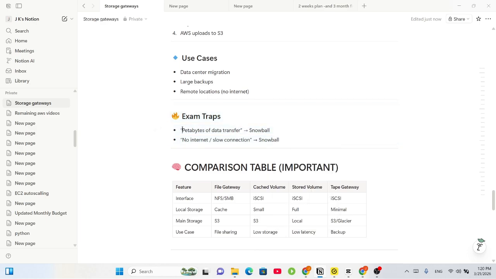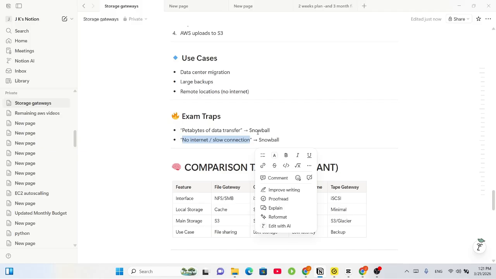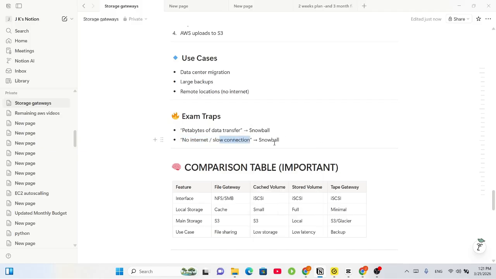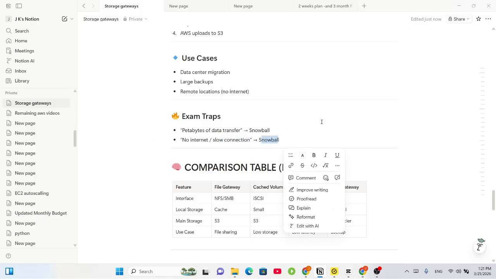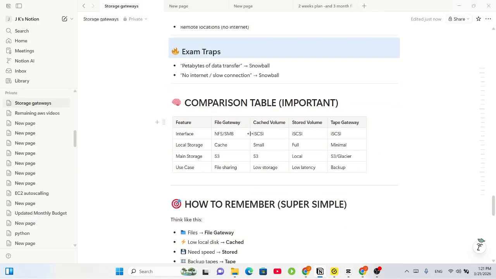If you have petabytes of data to transfer, you can't use a normal file gateway or volume gateway, right? You have to do it physically using the Snowball method. And let's say you don't have any internet or you have a slow connection, you can also use Snowball for this. So when you compare all four, basically the difference is like in file gateway,